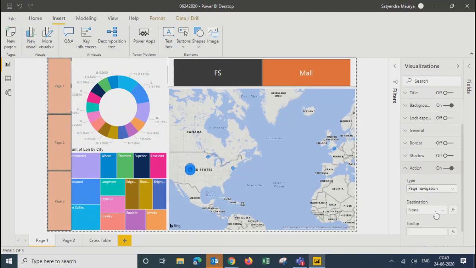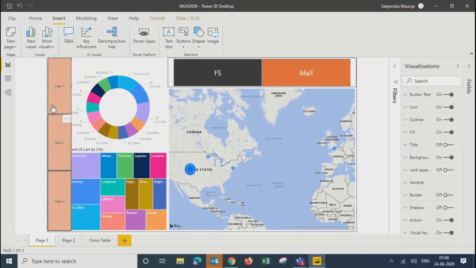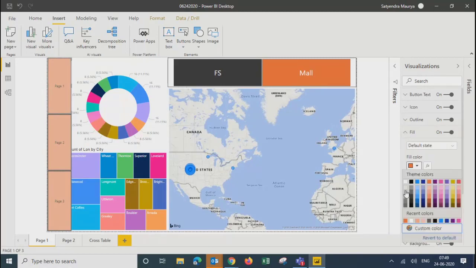If I do so, from the page 1 button, in the destination I don't see page 1 because I'm already on page 1, so it shows only the other 2 options. I'll leave it blank on page 1. Since I'm already on page 1, let's change the color, maybe make it gray.